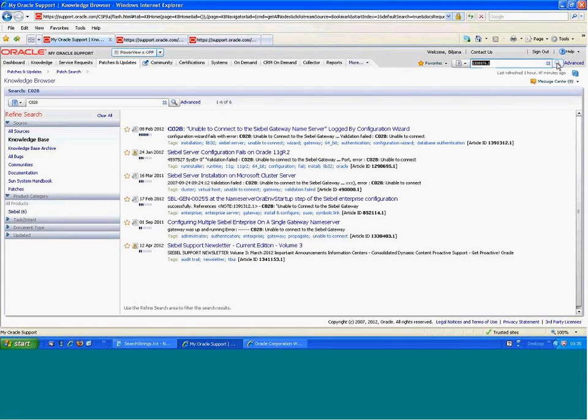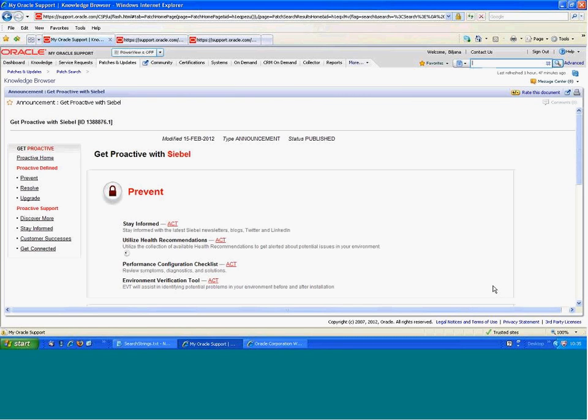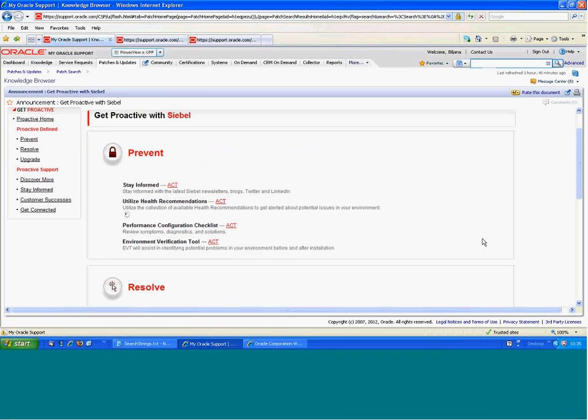Document ID, article ID, and search. This we're trying to. Okay, so